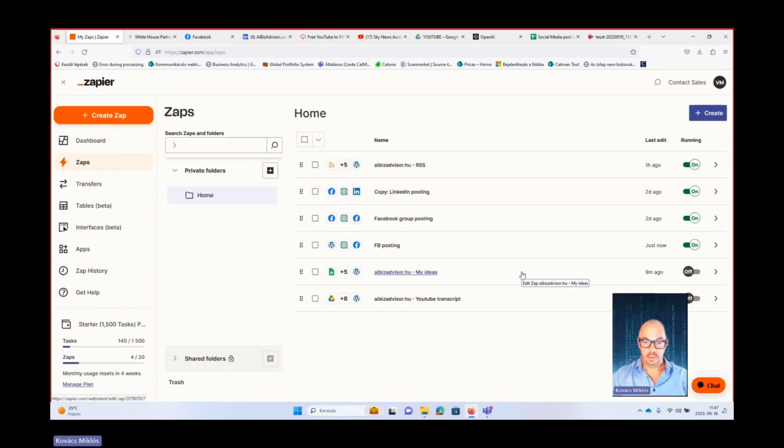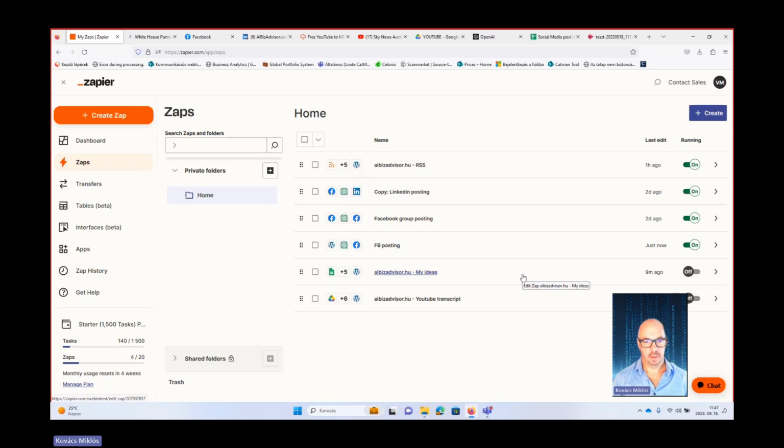So let's continue and take a look together at how we can auto post on social media platforms. So far, we auto-generated blog posts based on RSS feeds, based on YouTube transcribed text, and last but not least, based on our ideas which were placed on a Google Sheet.